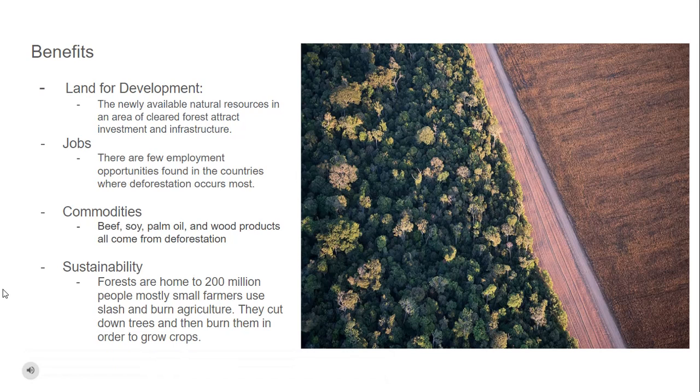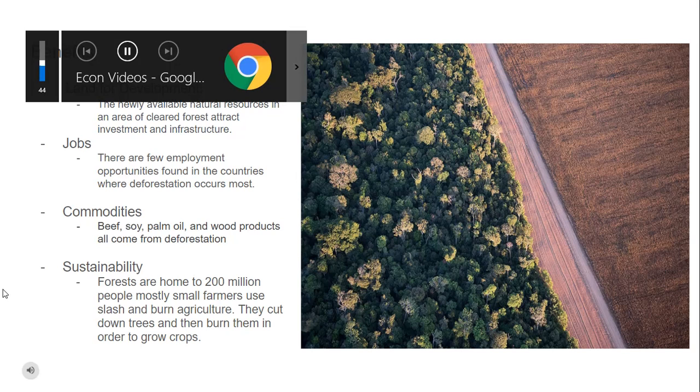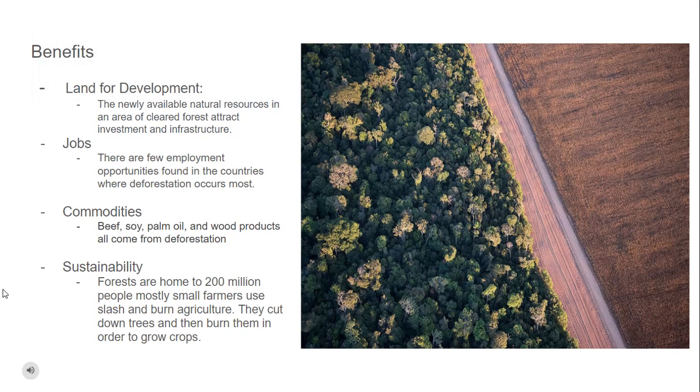Some benefits of deforestation include land for development. Because of the newly available natural resources in the area, cleared forests attract investment in infrastructure. Following that, there's also jobs that are created by deforestation because there's very few employment opportunities in the country where deforestation occurs most. Some commodities we get from deforestation include beef, soy, palm oil, and wood products. And following that,